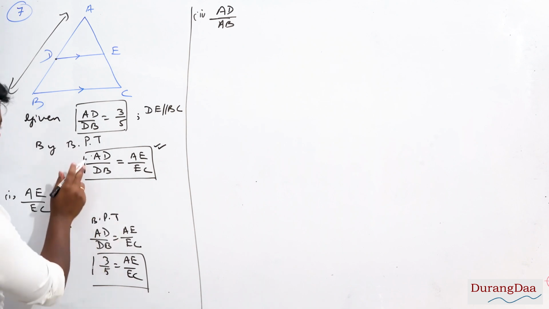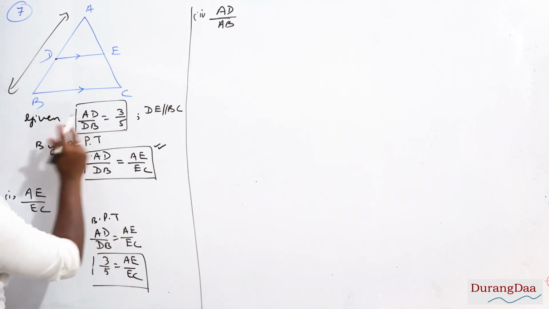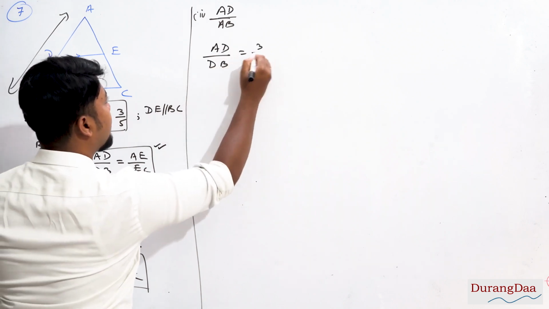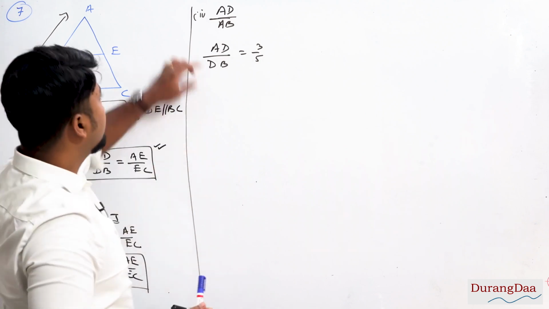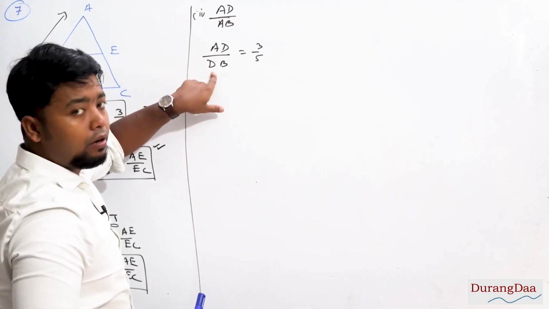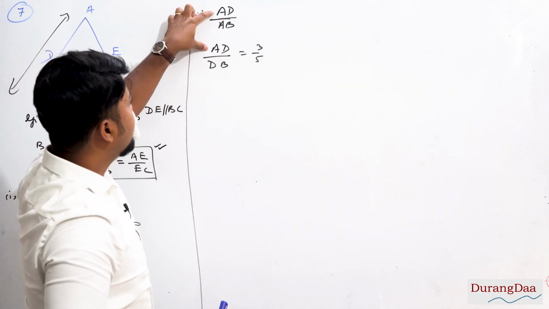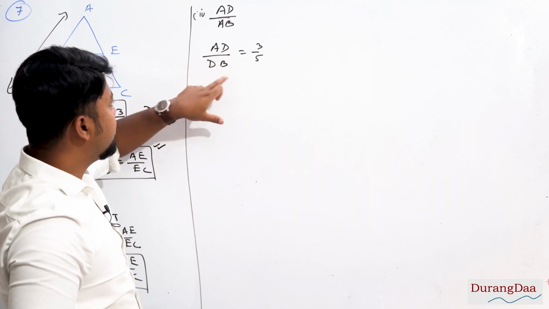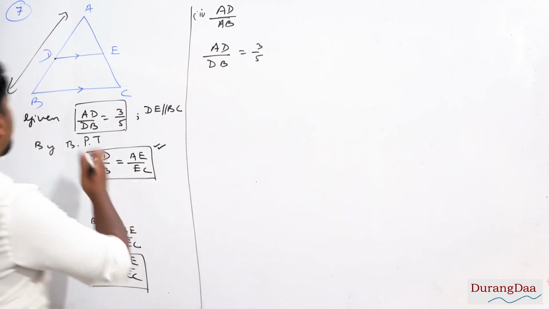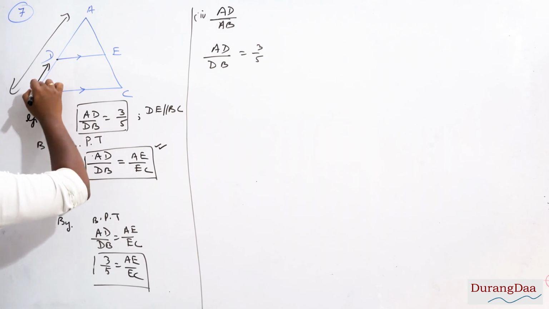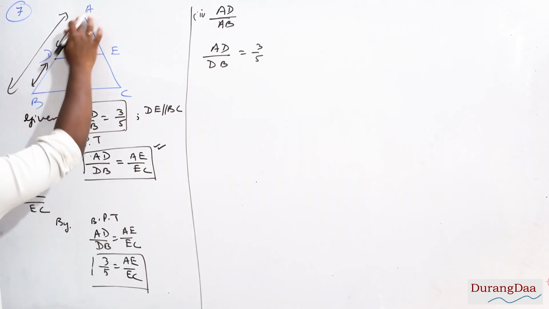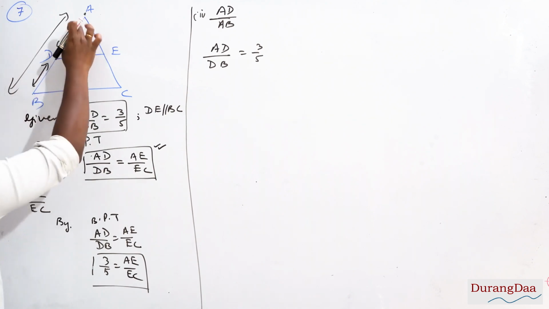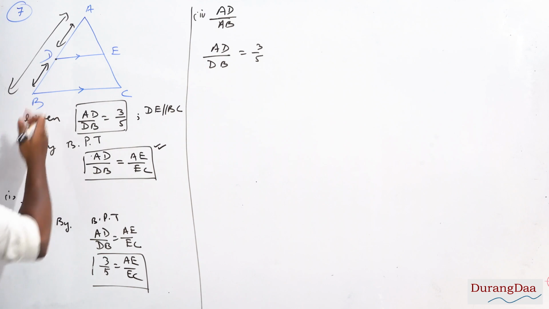From here we can get the value of AD by DB. We already know the value of AD by DB, which is equal to 3/5, and what we need here in the denominator is AB, but we have DB, and the numerator AD is already there. So we need to do some settings and change this DB into AB. Now how to do that? If you look carefully, DB, this length, if you add AD to it, the complete length would become AB. That means in DB, if you add AD, the full length AB will be obtained.